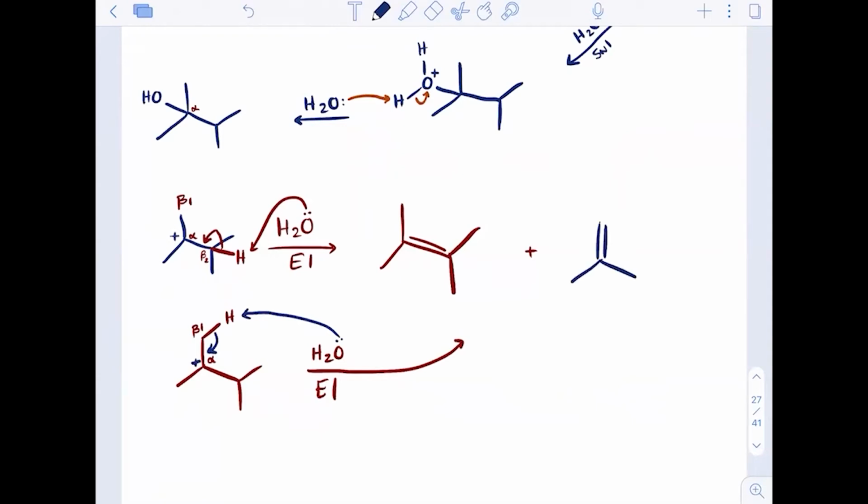Again, neither of these have stereochemistry because each one has at least one side where there are identical groups. So there's no prioritizing with these two. But in terms of stereoselectivity and regioselectivity, if we did have cis and trans, we would definitely favor the trans